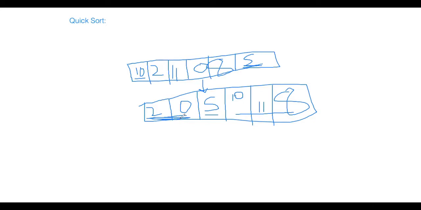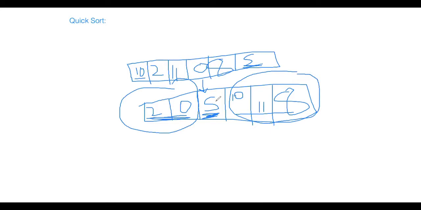Okay. Awesome. And then what we can do is that we will divide this array into 2 parts based on the 5. So now we have a position for this particular pivot. Then we will do the same thing for the left side of the pivot, and then we will do the same thing for the right side of the pivot.